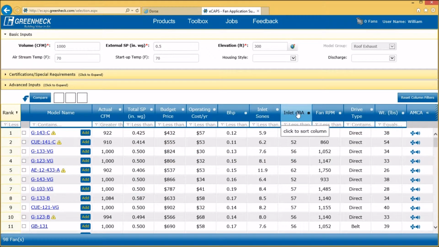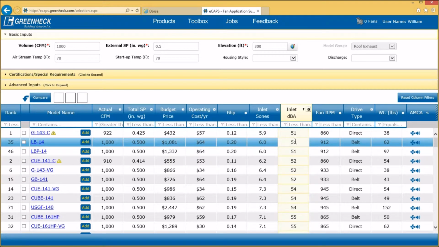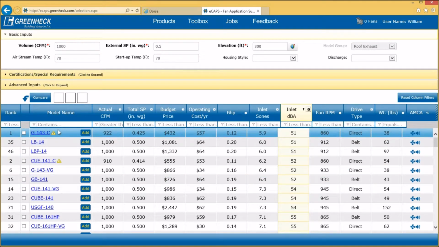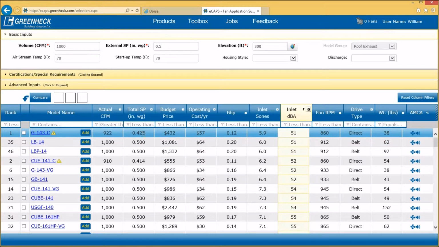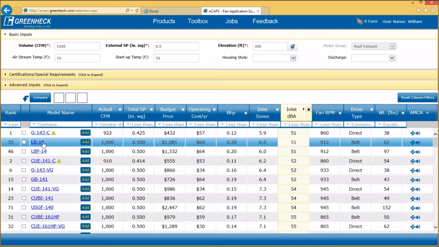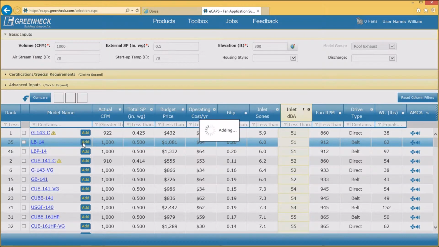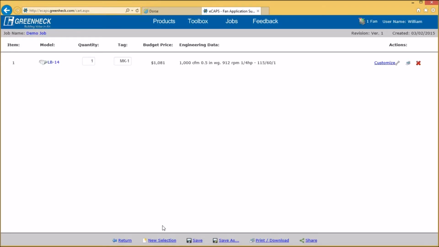I can sort by inlet dBA, smallest to largest, and now I know this is my quietest fan by dBA. But it's not meeting my requirements, so this is the fan I would have to go with. To add it to my cart, I can simply click Add. To return to my previous window, I'll click Return on the bottom,